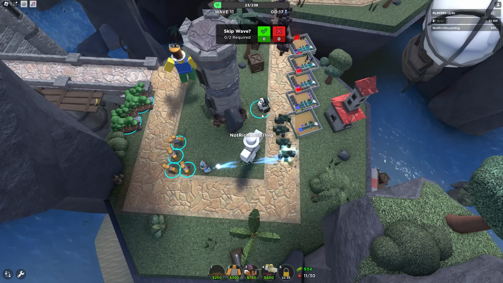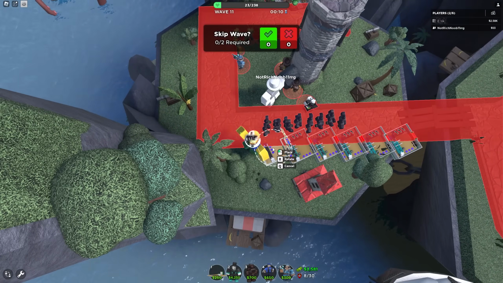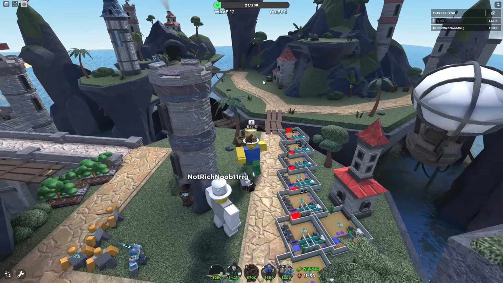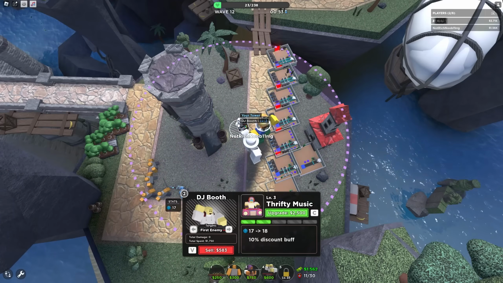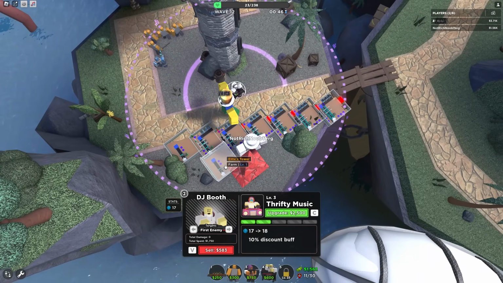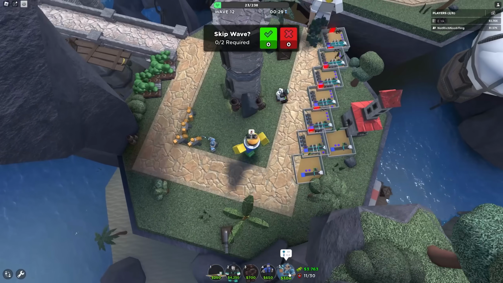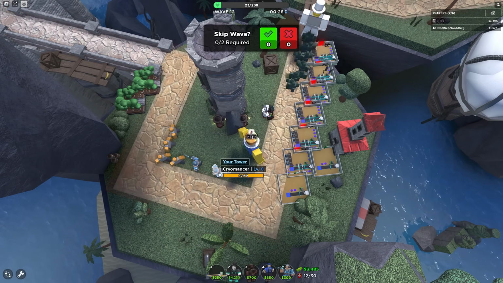Gotta start working on a discount DJ as soon as possible here, as I continue farming on my main account. And so far we're doing great. I mean, we're doing all the damage we need to, and next round I'll be able to afford the discount DJ. That's going to discount every single one of my farms, and also every single future tower that I'm going to place down. Before we get too excited, there's 2 bosses on this round,